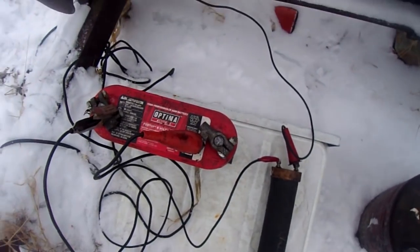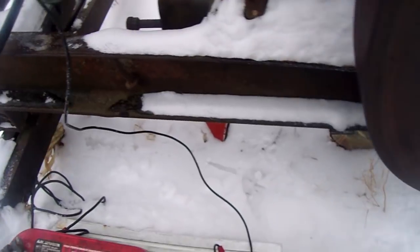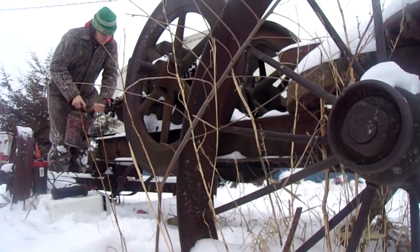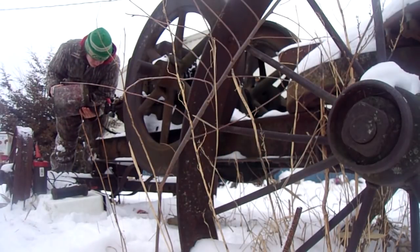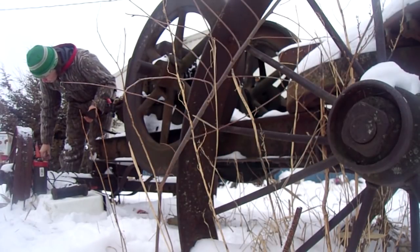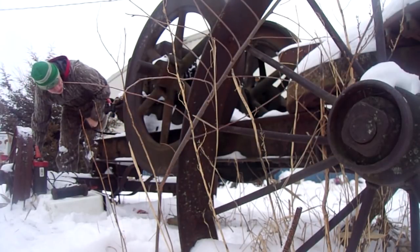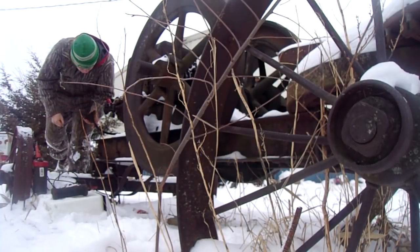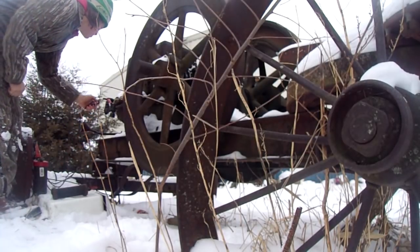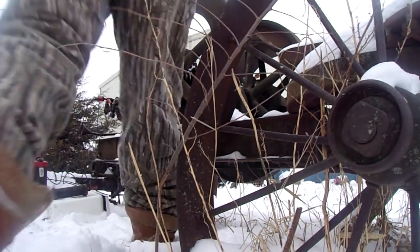I'll get this turned over, get all the snow cleared out, and fill it with gas up to the brim till it comes out a little bit. It should start. It should be able to run around 5 minutes off this little bit of the one carburetor bowl full, because it doesn't use very much, because it only fires about once every 30 seconds or less. Got the choke fully closed. Okay, so in theory,